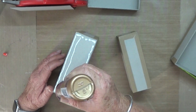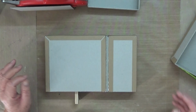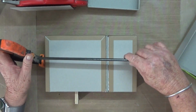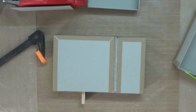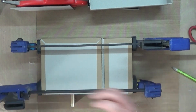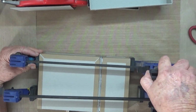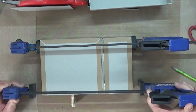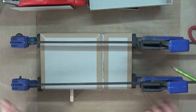Now I've used probably 25, 26 pieces of 12 by 12 medium weight chipboard making these. A few sheets of craft cardstock for the hinges. Probably 1.5 to 2 bottles of Allemande tacky glue. And lots of clamps, lots of time, lots of waiting time. But it was all worth it in the end. Will I make another one? I don't think so. I think this one's going to outlast me. The strength is in there, so